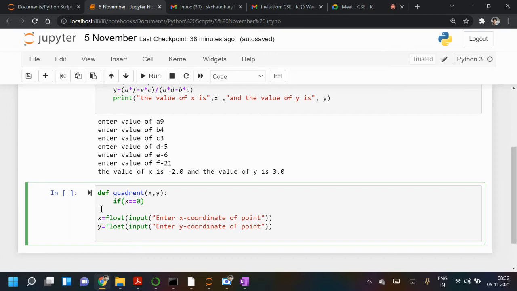You can write in your way. Those who are left and those who have done, you do 6. So like, let me write that. And y is also zero.